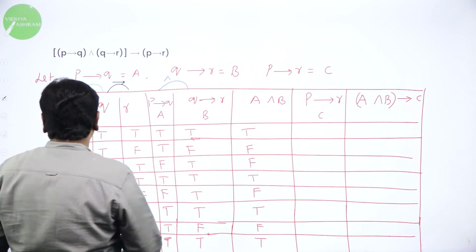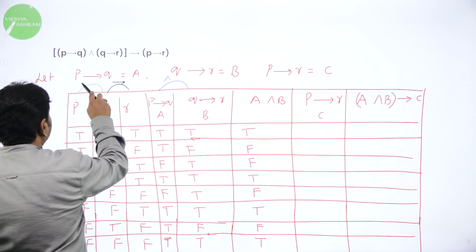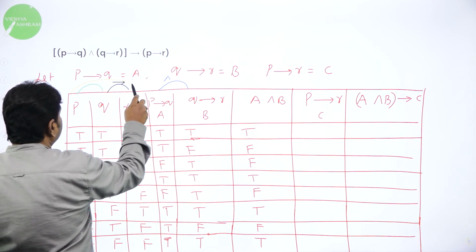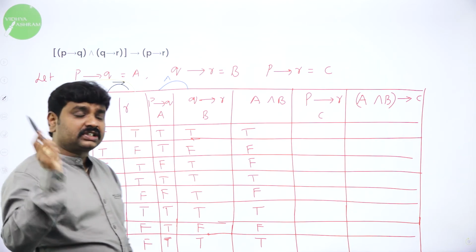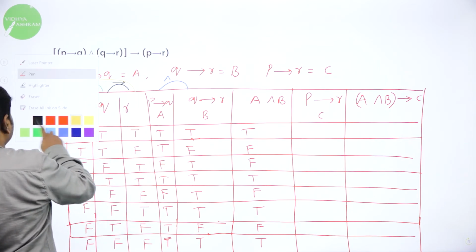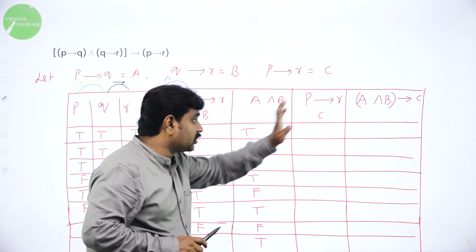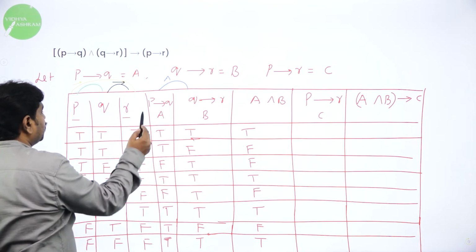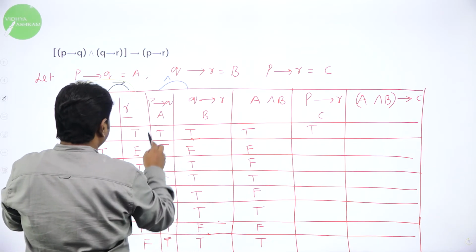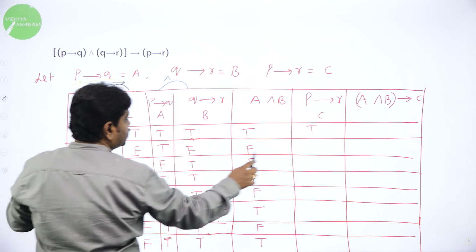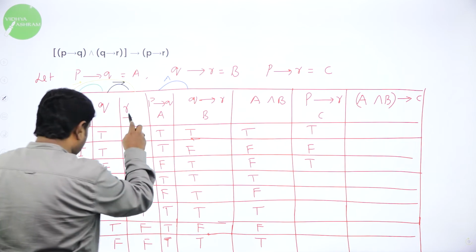Now P implies R. So now I should apply the implies operation for P and R. See here you have P, here you have R. For these two I should apply implies. Implies means what? First one is true, second one is false, result is false. Rest all other cases it is true. The first one true and second one false only gives false; all other cases give true. We should observe column P and column R. Observe true, true, result is true. Observe P and R, true, false. First one true, second one false, result is false. Then the third one, true, true is true. You should observe the P and R columns carefully.